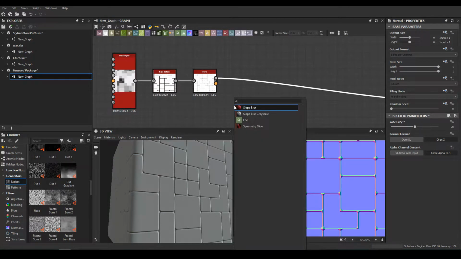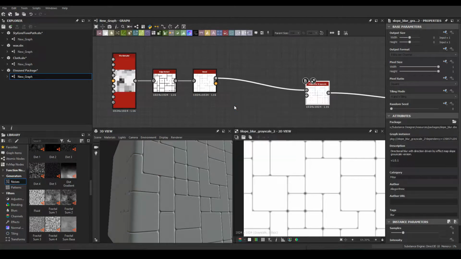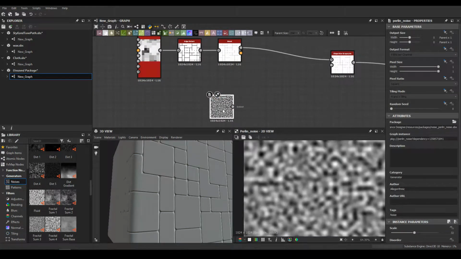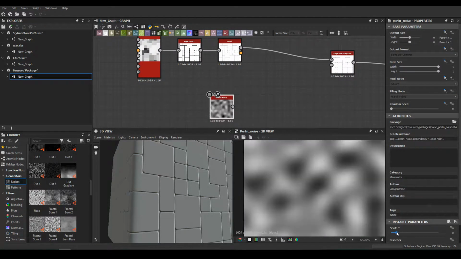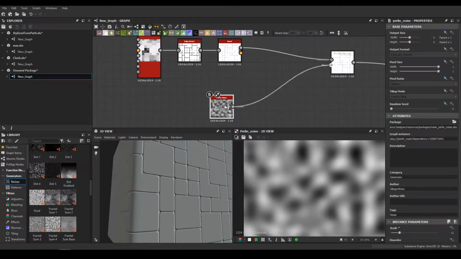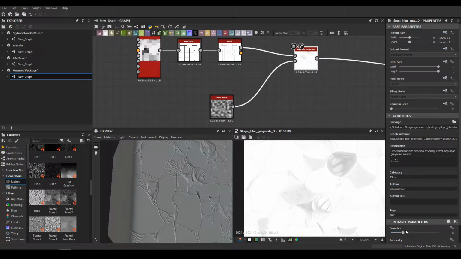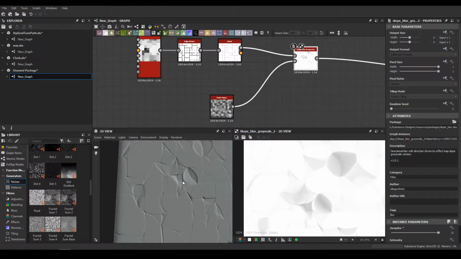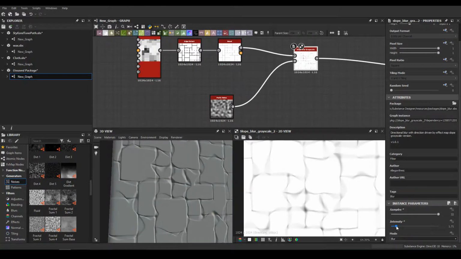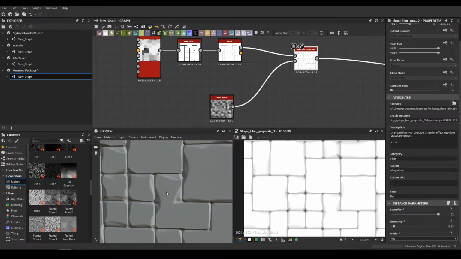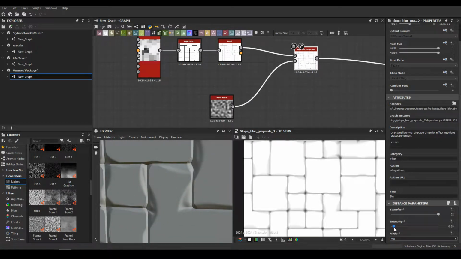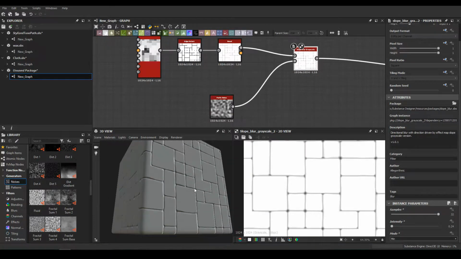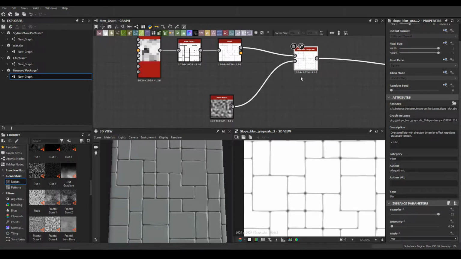So now I will create a slope blur with a Perlin noise to start to make some damage in the sides of the pattern. So go back here, I will increase the samples and decrease the intensity, something like this. We'll change the mode to minimum. Let me decrease a little bit more, like this is interesting. Okay,